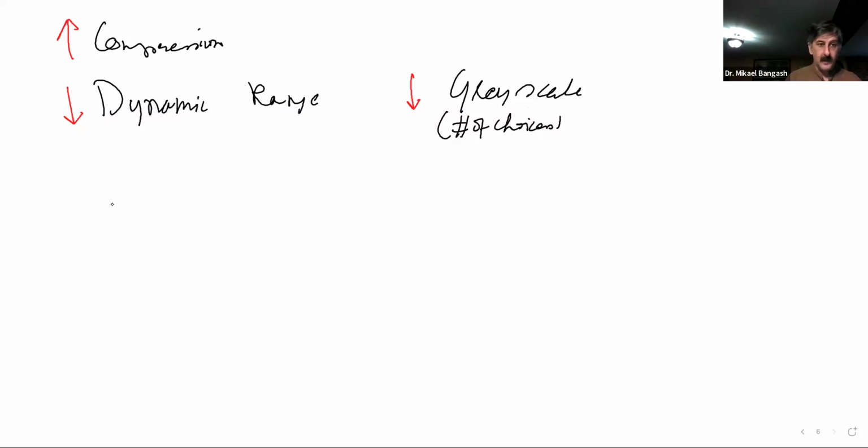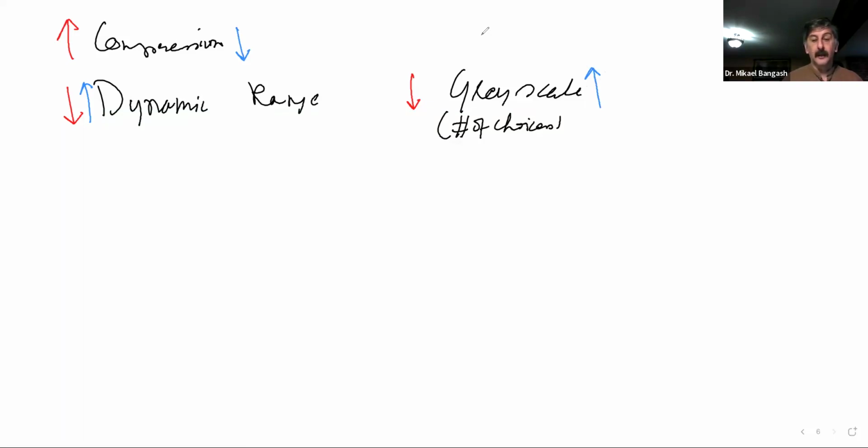Whereas if you go on the other side, lesser compression will mean a greater dynamic range. The greater the dynamic range will mainly mean greater grayscale, or a greater number of choices of grays. But we don't want to keep this too much, because it's going to be a lot of shades where the differences may not be